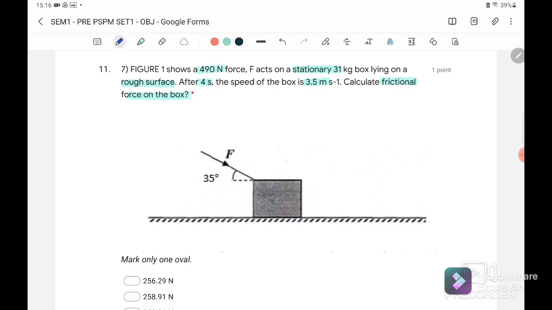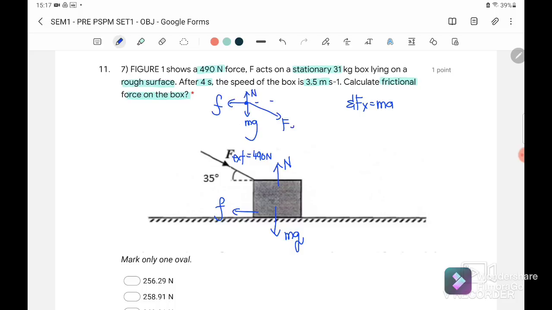This is a question related to forces, where we have F external equal to 490 Newton. At the same time, it experiences a frictional force. We also have mg and the normal force. So now we want to find the frictional force. We can use Fx equals ma. If we draw the free body diagram, we have normal force, we have mg, we have frictional force, and we have F external at an angle of 35 degrees to the horizontal. So the force involved in the x component is F external cos 35 minus friction